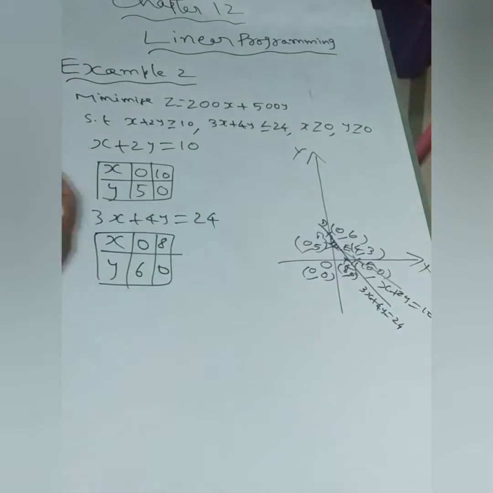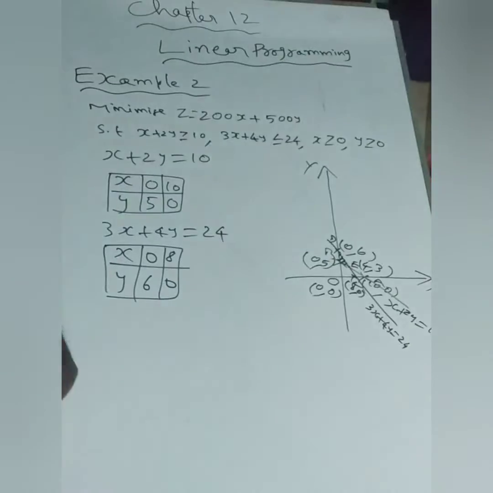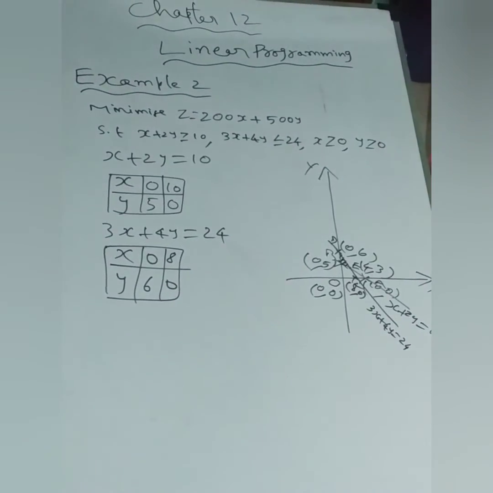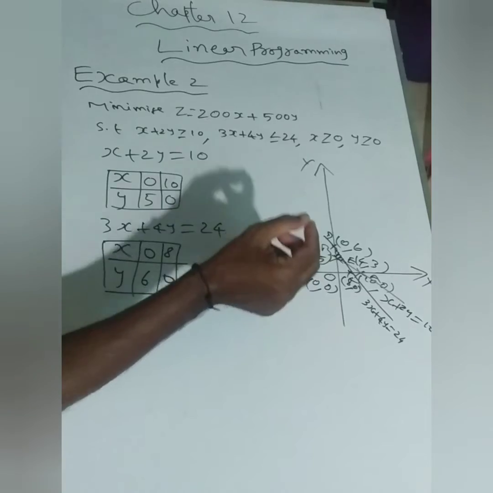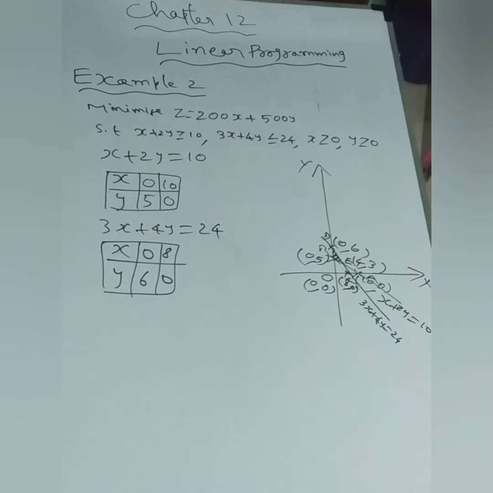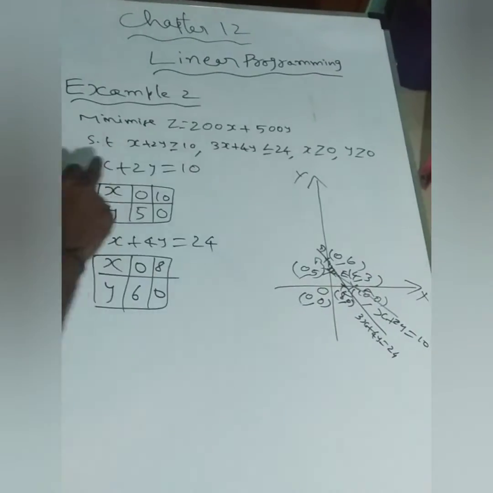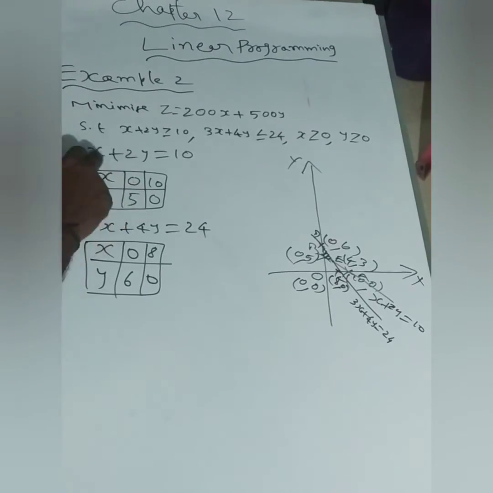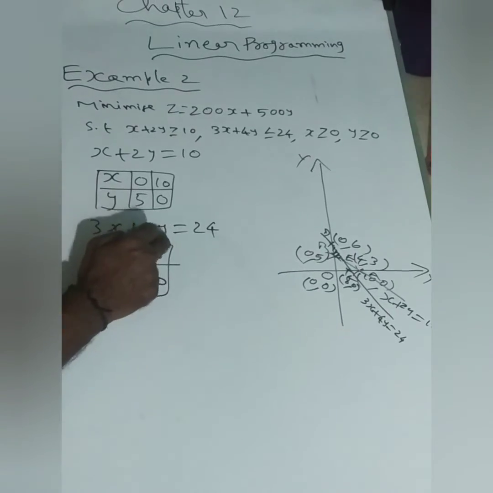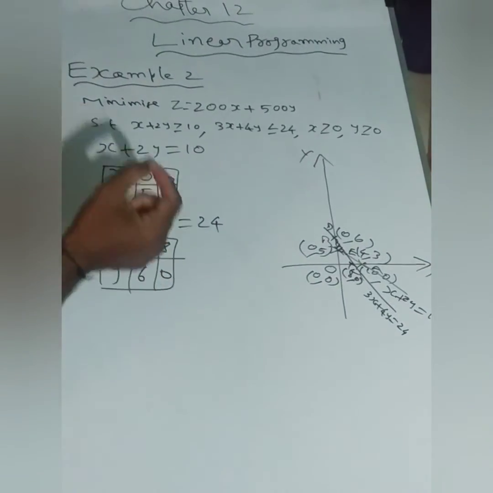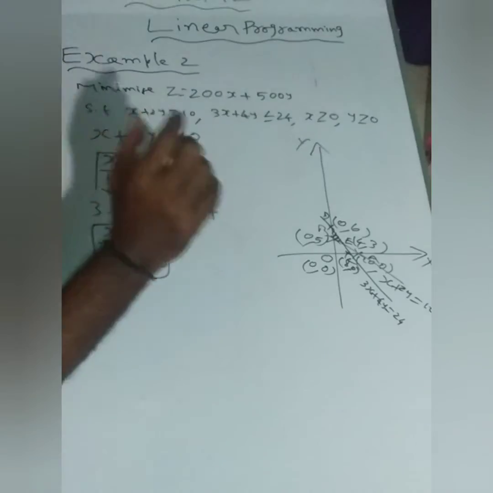But if you are using the graph sheet, the point we will be getting very accurately. So need not bother about the manual calculation. Why am I using the manual calculation? I am using it for checking whether what I have got in the graph is right or wrong. Let us check it. In the first line, x is 4, y is 3, 4 plus 6, so 10, satisfied. And then in the second line, 3 into 4, 12, plus 4 into 3, 12, 12 plus 12, 24. We are doing this manual calculation only to check whether we have got the points in the graph right or wrong. Now we have checked it is right.